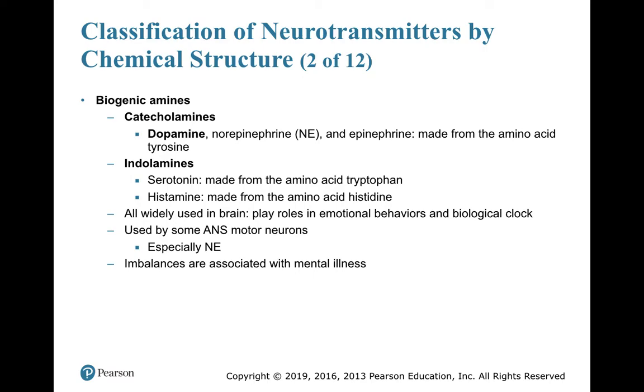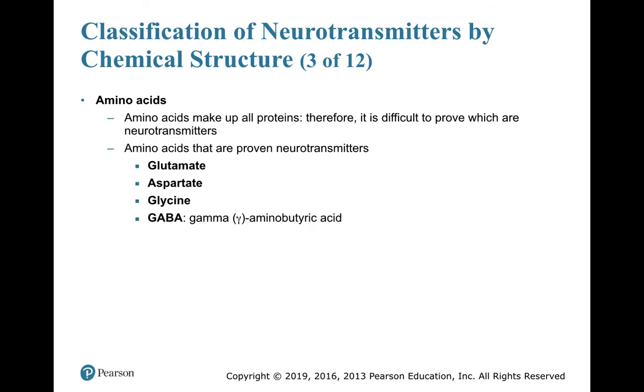Imbalances in these are associated with mental illnesses. It's thought that a lot of the drugs that treat mental illnesses like depression are affecting the balances of these neurotransmitters. Amino acids make up all proteins. There are 20 of them. It's difficult to prove which are neurotransmitters, but there are some that we are very sure of that have been studied quite well: glutamate, aspartate, glycine, and GABA, which stands for